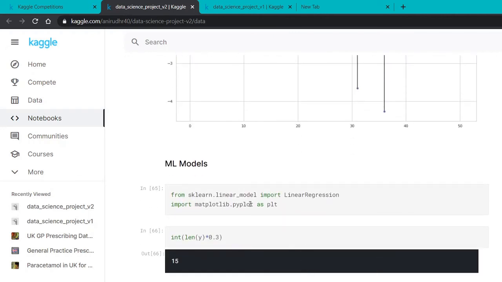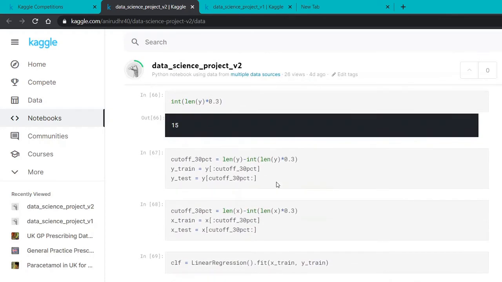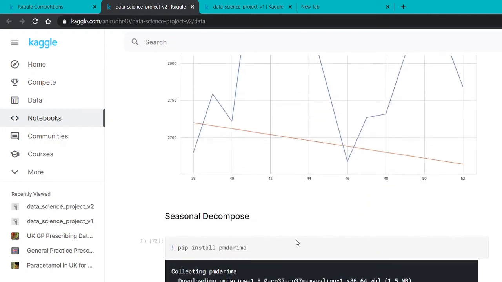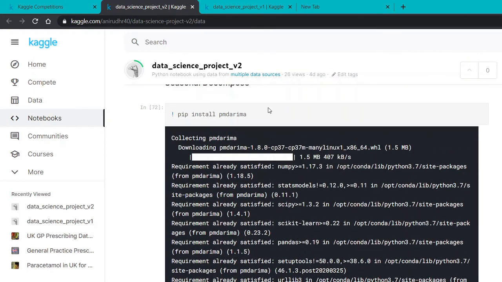Before that, given the time series right now, we thought, why not look into linear regression and how it performs, and what the prediction curve looks like. After doing the linear regression, the blue line corresponds to the actual values of the time series, and the red line is the predicted value. It looks way off from the data. It is not able to capture the nuances in the data. Now the time series can also be split using something called seasonal decompose.